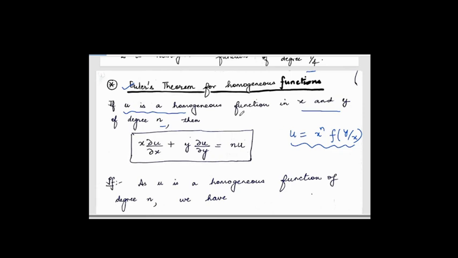That result is, since u is a function of x and y, the first independent variable x times the partial derivative of u with respect to x only. So whatever variable is coming here, its corresponding partial derivative is coming here. So x into the partial derivative with respect to x plus y into the partial derivative with respect to y. This left hand side can be easily evaluated by just taking the degree times the function itself. It's a very easy result, but you have to read it like this: the amalgamation of the independent variables with the corresponding partial derivatives is actually equal to the degree times the function itself.